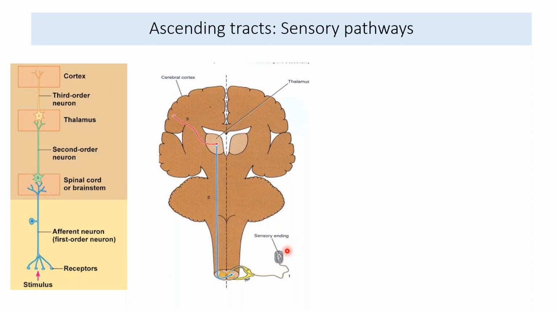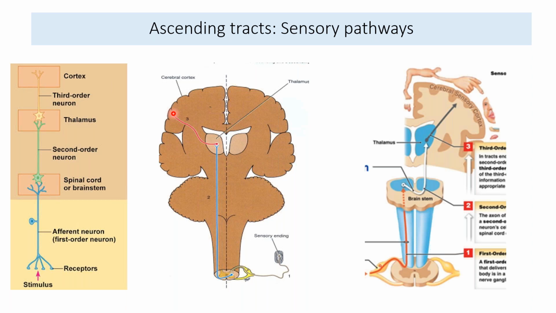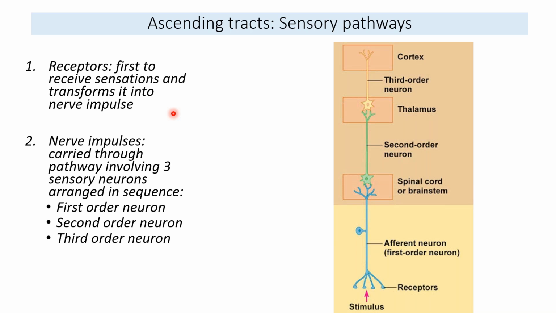Suppose from the left finger the sensation started, where will the representation reach? The right cerebral cortex, right? So this is now ascending higher up from the spinal cord level to the brainstem, and this axon will synapse, the second order axon will synapse onto the third order neuron, which is where? In the thalamus. And from the thalamus, this axonal process is going to relay where? Into the somatosensory part of the cerebral cortex, right? So these are the three orders of neurons. If you understood this, it will be easier for you to understand the rest. Now, this we have already done.